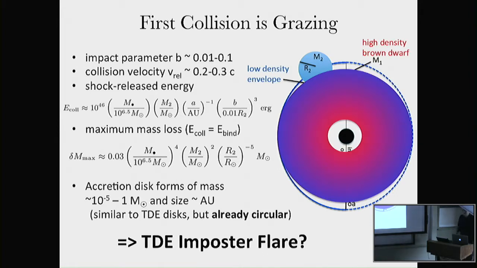Okay, I see what you're saying, without them overflowing the Roche lobe. Yeah, I think there are multiple ways to get collisions. I guess what I'm focusing on here are collisions that happen really close to the black hole. So it's not really the collision we're seeing. It's that gas from the collision then accreting onto the black hole.